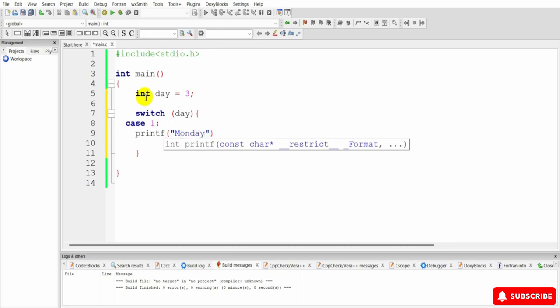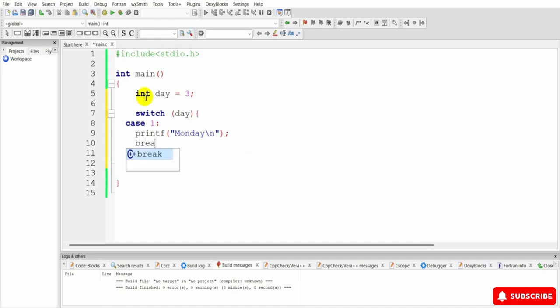Now use the break statement. This break statement is the gatekeeper to our switch statement, and it ensures that once a case is executed,